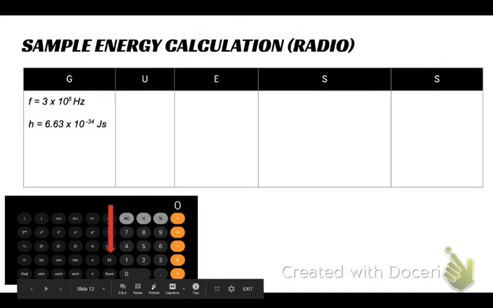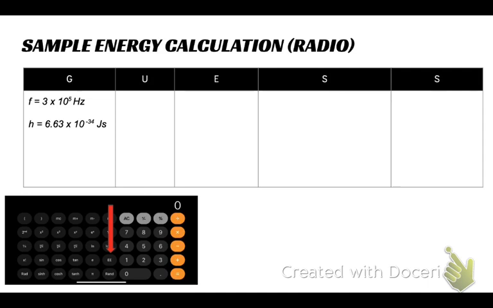So I'm looking at a sample frequency of radio waves. Again, the frequency of radio waves would determine the radio station that you might be listening to. This new variable h is called Planck's constant. It has kind of a funny spelling, so